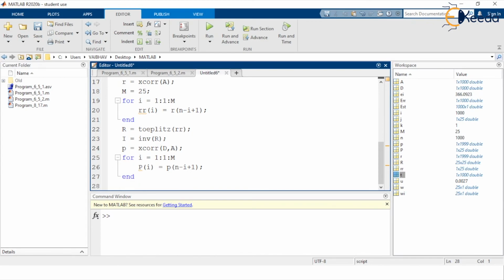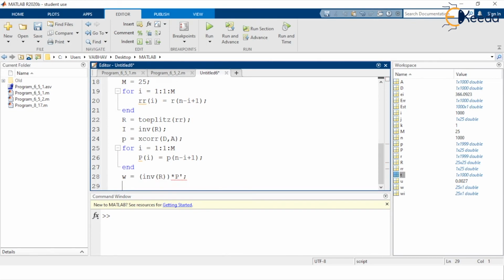Then for the weights we require W to be computed as INV of the autocorrelation matrix capital R, which is further multiplied by the conjugate of P.